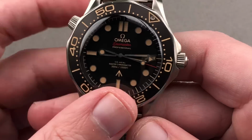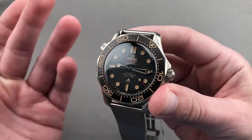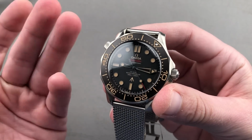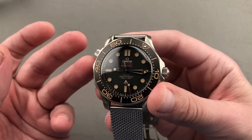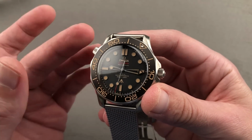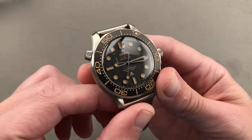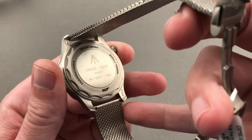This is a watch that pays tribute to the Hall of Fame, as Omega and Rolex both supplied the British Ministry of Defense, but it is Omega that directly pays tribute to the Seamaster 300s issued to the Ministry of Defense during the 1960s, and they did so with this 2019 release. This is the Omega Seamaster Diver 300 meter 007 edition, and while it does pay tribute to Agent 007, it's